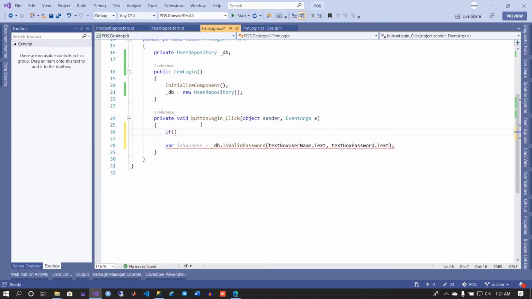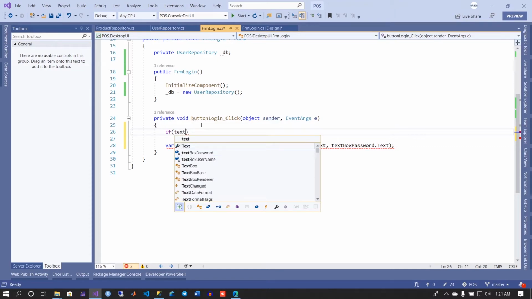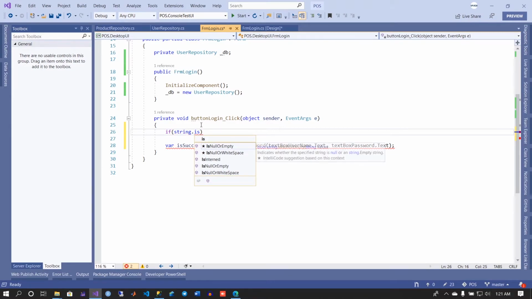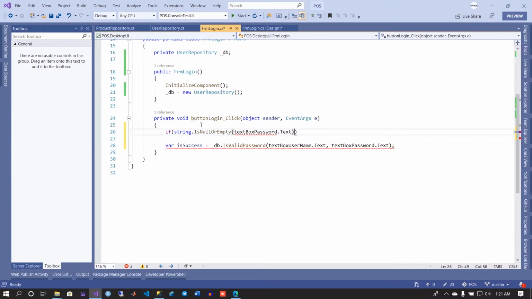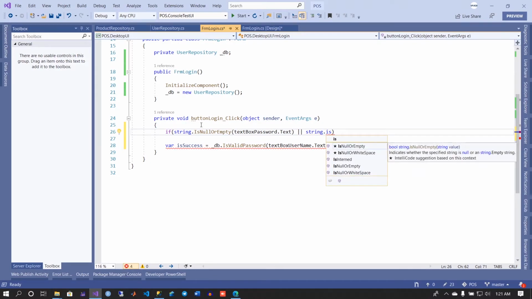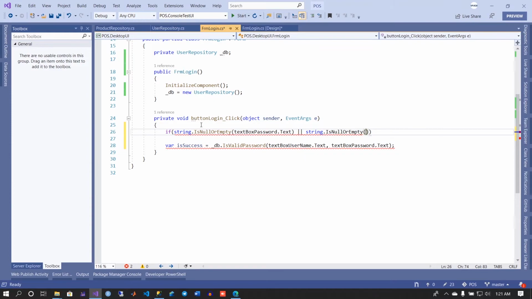So if string dot is null or empty, password dot text, or string dot is null or empty. If either the password or the username is empty, then